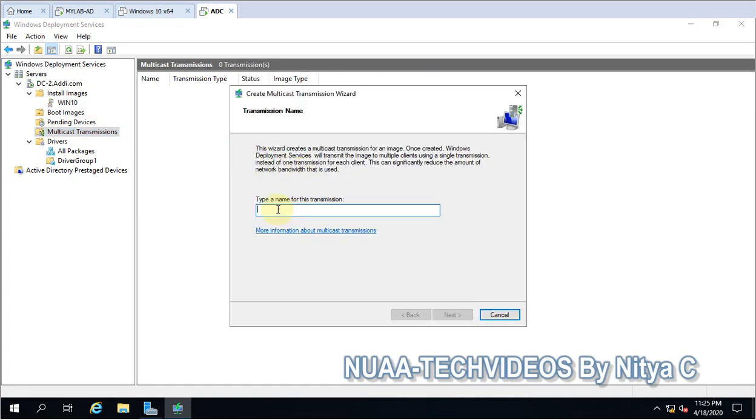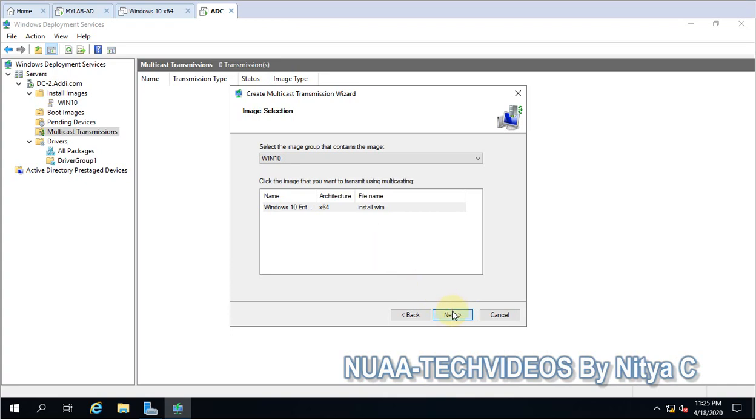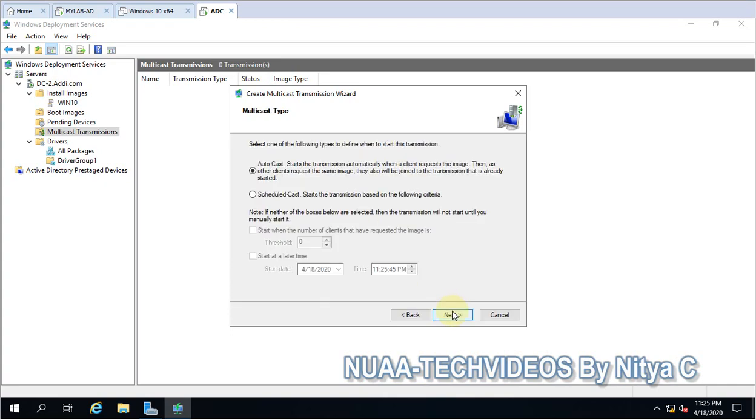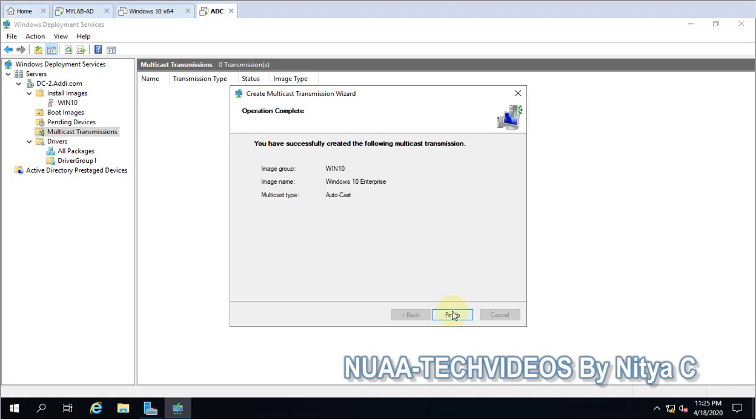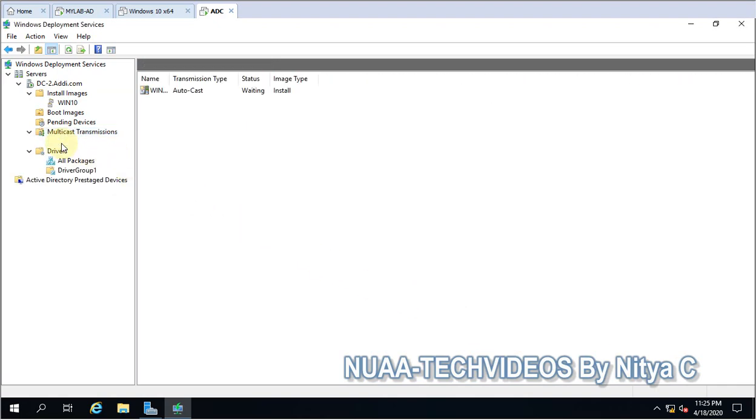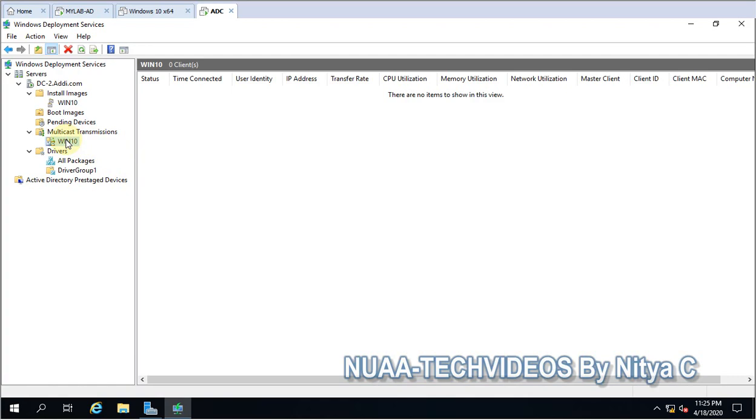So let me do it. This is Win10. This is good when you have multiple machines to install the operating system. Okay, this is my operating system. Autocast, leave it as default, and just finish. So that's it. You can add more images if you have.